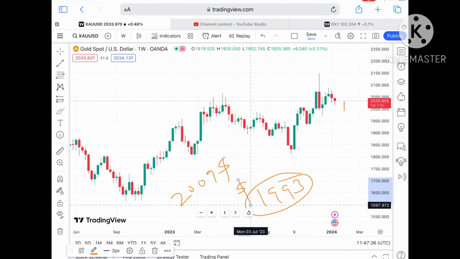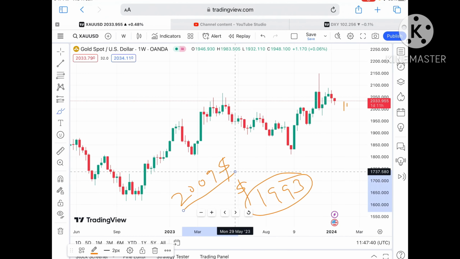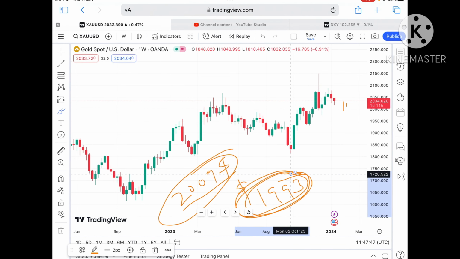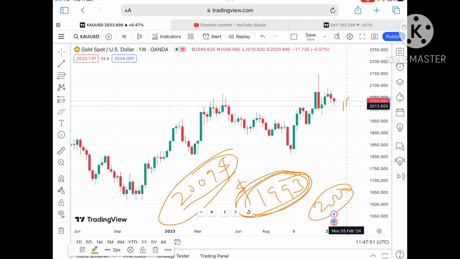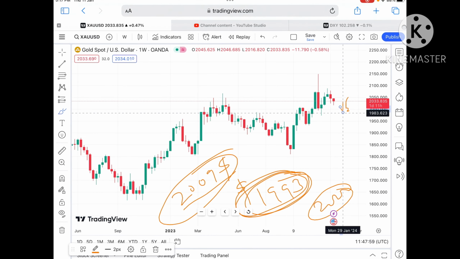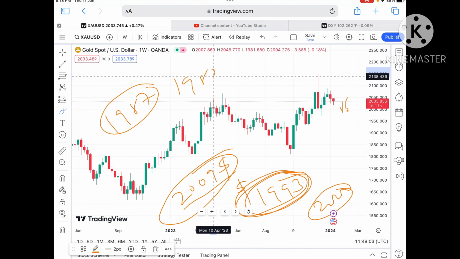below a level of 2000 and can touch a level of 1993. Okay, keep that in mind that once the price started falling below $2009, a chance of touching below a level of 2000 we can see, and then from there a probability of going towards 1993 also we can see once the price started falling below $2000. Okay, and as soon as it started going below a level of 1993, a further fall we can see towards a level of around $1987 and to a level of around $1983.